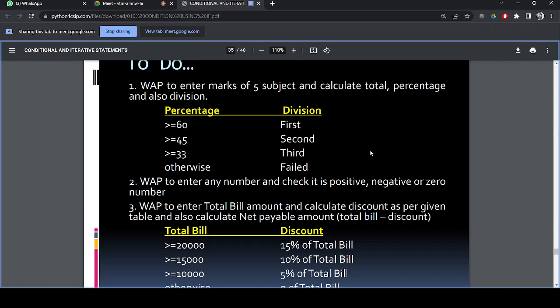But in this problem, we are not asking you to decide whether the student has passed or failed. Any number can be taken and any number can be calculated. The purpose here is not to give a complicated problem. Yes. Now let me take this one.